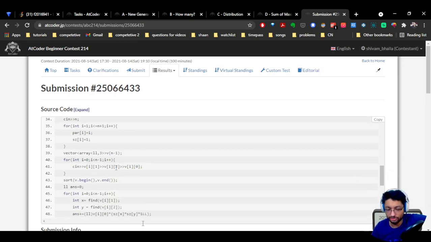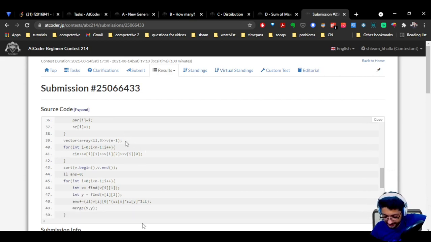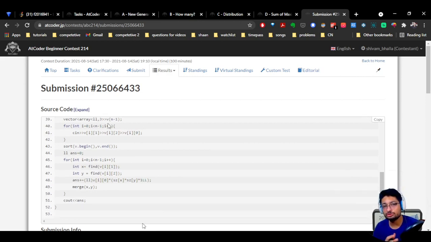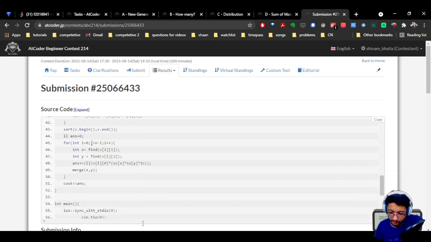It's just a standard DSU code, in which we first take the input of U, V and W, because we have to sort according to W, which is the weight. So we take weight as the first value in this whole vector. Then we sort from minimum to maximum, because we first join the minimum edges, and then we move to the maximum edges. Then for every particular edge, we first find their parents, and by finding their parents, we can know the size of that particular group which we want to join. Now for adding to the answer, it is the multiplication of the weight into the group 1 size into the group 2 size, which I've already done in the